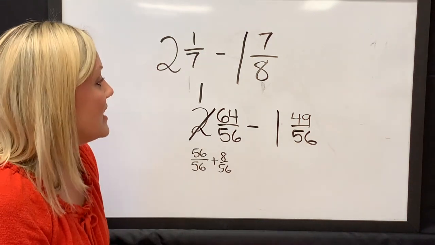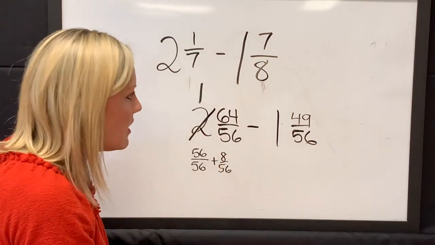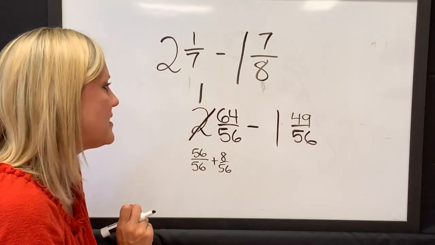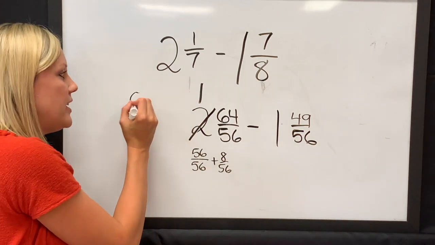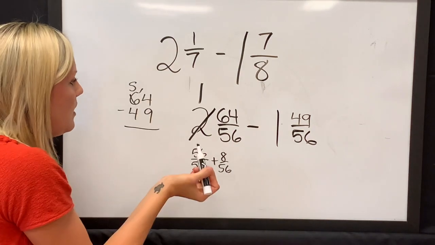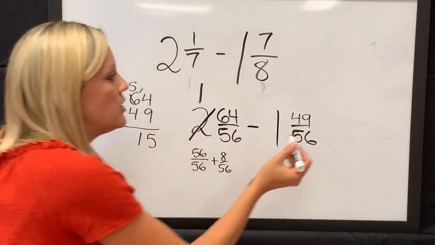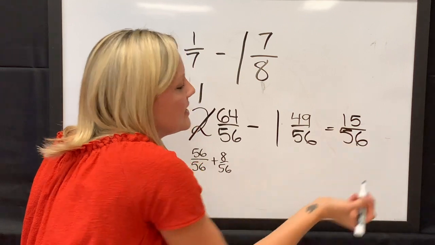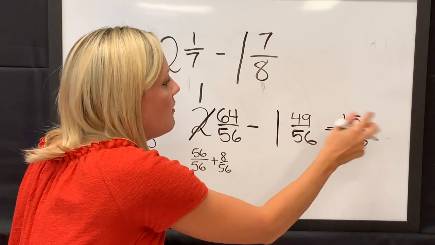Okay. Next stop. 1 minus 1 is going to give us nothing. So I know those are going to cancel out. So all I have to do is take away 49/56 from 64/56. If you can't think about that in your head, you can always come over here and do 64 minus 49. 14 and 5 minus 4 is 1. So we are going to get 15/56. And then, like I said earlier, 1 minus 1 will cancel. So our final answer is